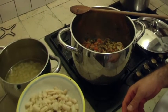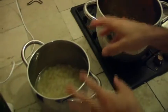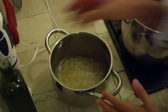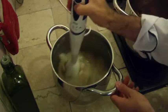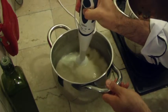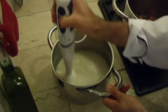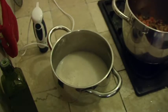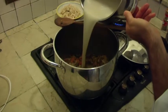I've drained half of the beans and put them on the side, and with the rest of the beans and their water, if there is too much water, just take away some water. We need just the water that covers the beans, and with the mashing blender do a sort of puree. Pour this bean puree on the vegetables,